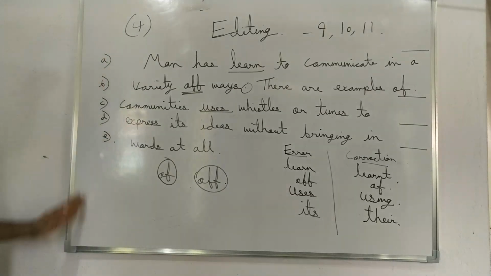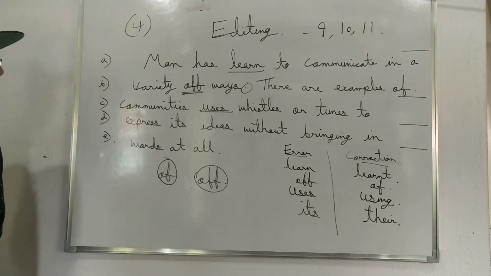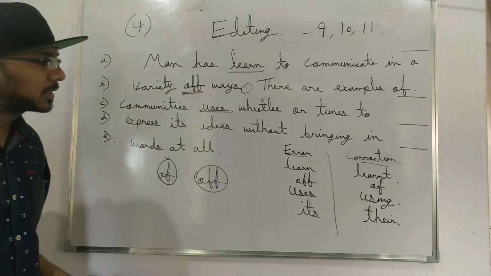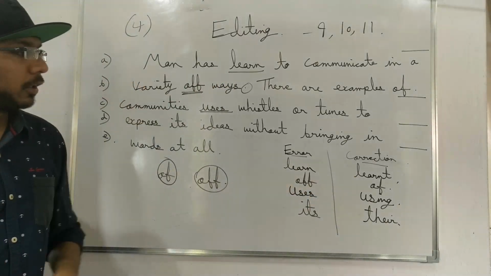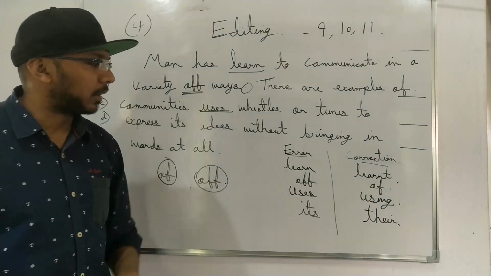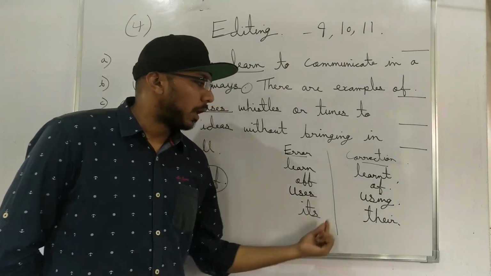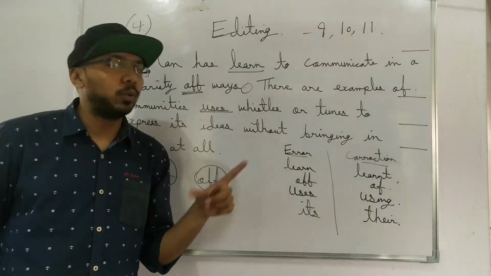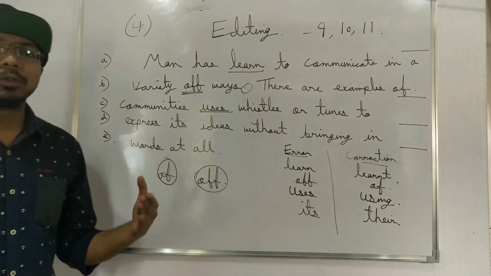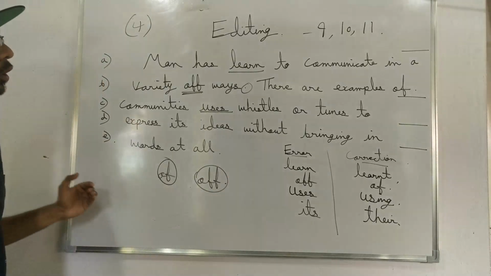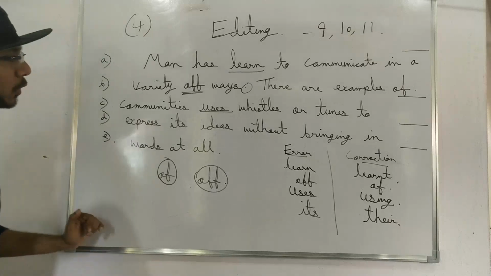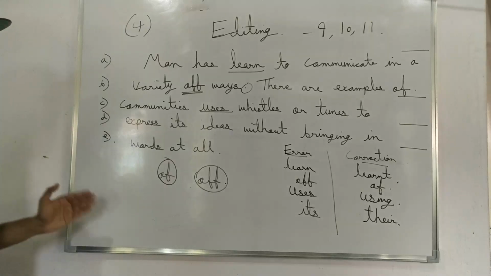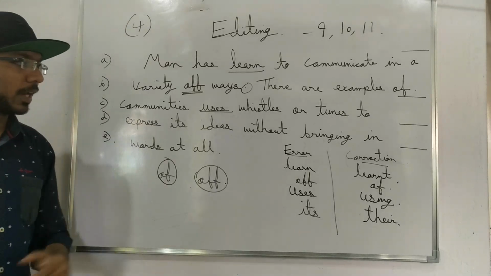So this is how you solve an editing exercise. Now these errors could be related to the tense, like in the first, could be related to the preposition, like in the second and third, and also could be related to how you are going to denote that particular thing. And the topics that I shared with you in the beginning of the video, articles, prepositions, determiners, degrees of comparison, all those topics you need to consider while solving editing exercises. This was a simple example. Through this example, I am sure that you are able to understand this thing.